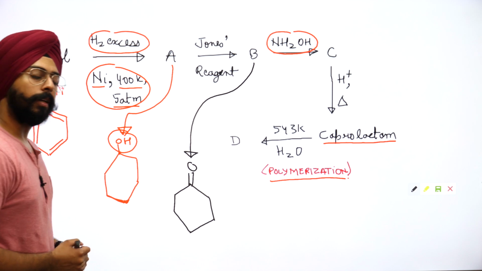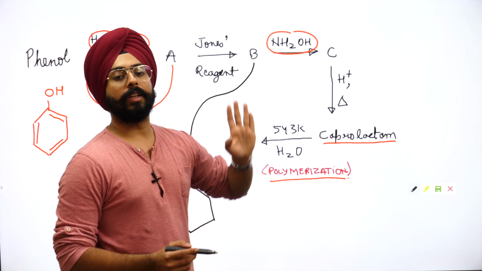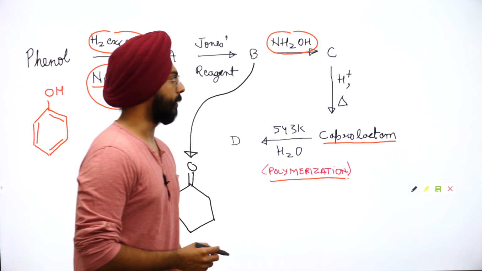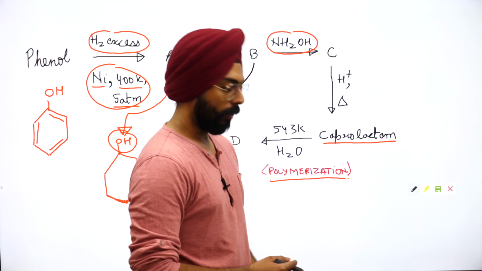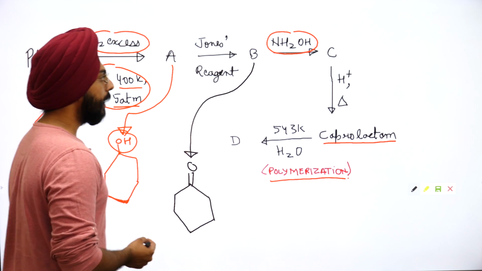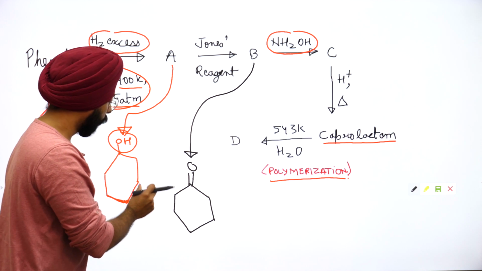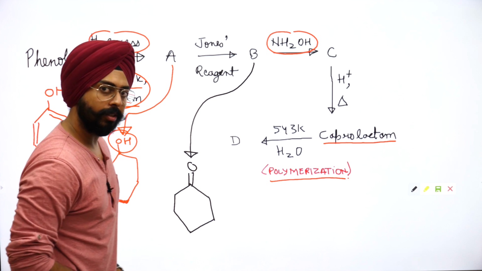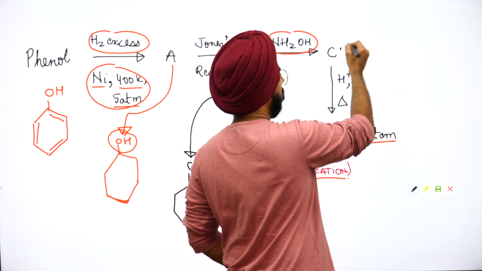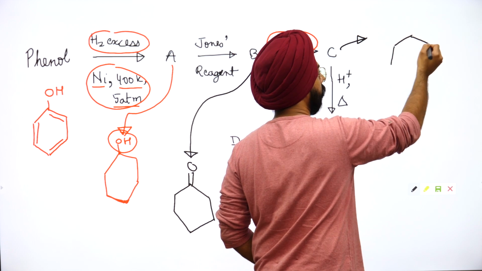Cyclohexanone, एक कीटोन बन जाएगा वहां पे. Okay, awesome. Then you have a classic reaction with some nitrogen species, hydroxylamine along with a carbonyl compound. What's gonna happen? सबको ये रिएक्शन पता है. Nitrogen essentially will make a double bond with the carbon over here instead of the oxygen. Yes. तो finally product C will be something like this.